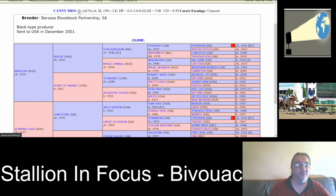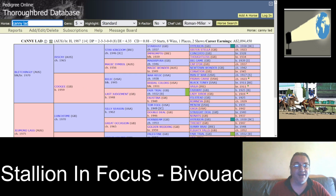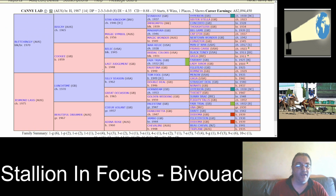Black type producer, sent to the USA in December 2021. She is a very well-bred mare as well. Canny Lad was an Australian horse foaled in 1987, sired by Bletchingley, out of a dam called Jesmond Lass, the 5th dam of this horse. Canny Lad won 8 out of 15 starts, in the first 3 in 11 of 15 starts, managing to win